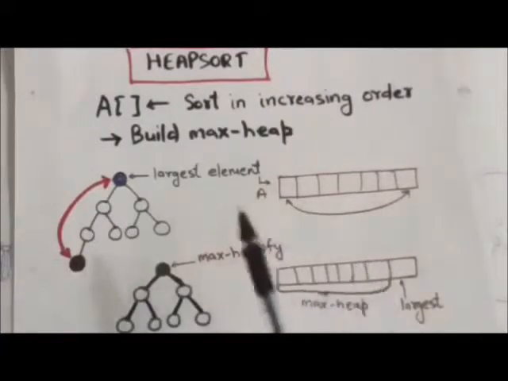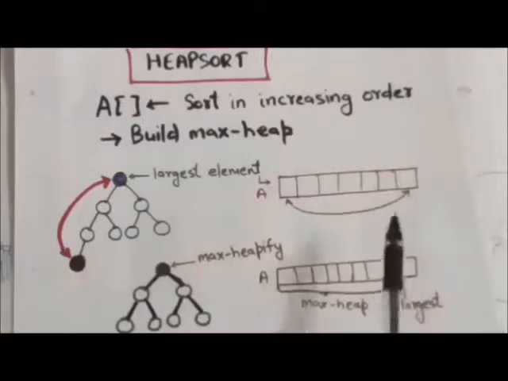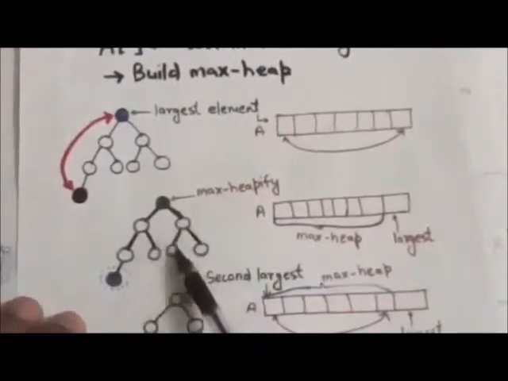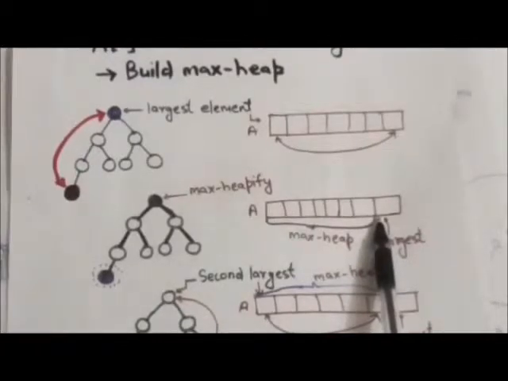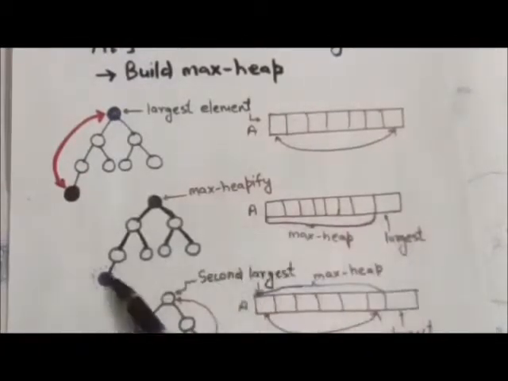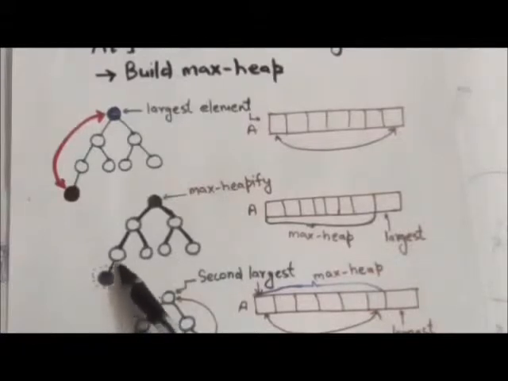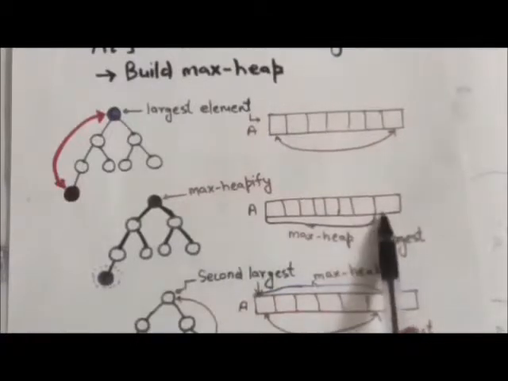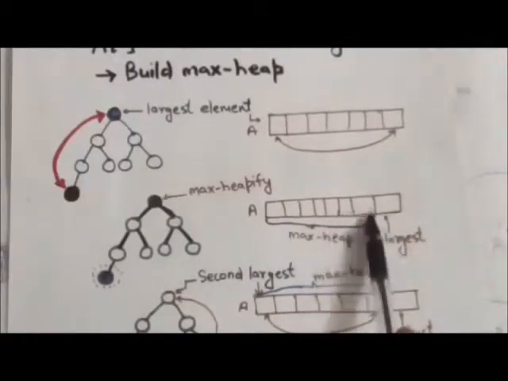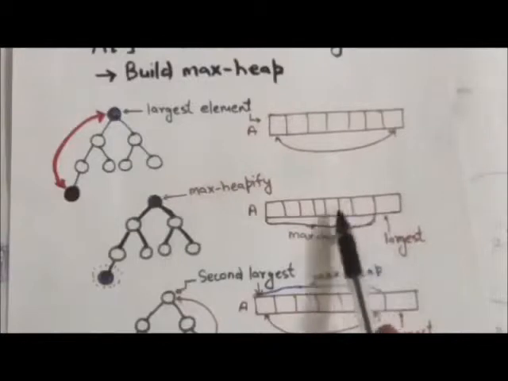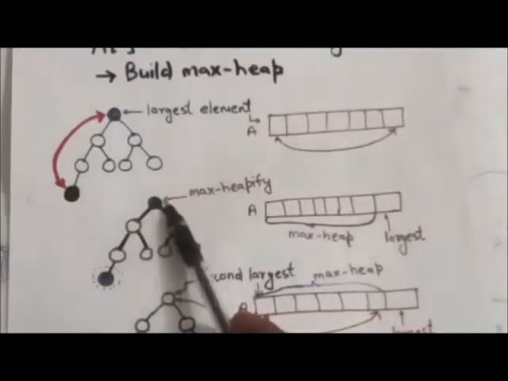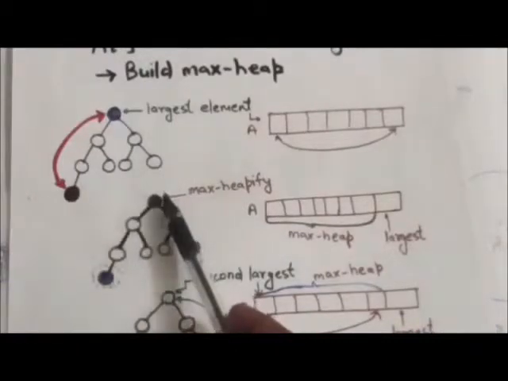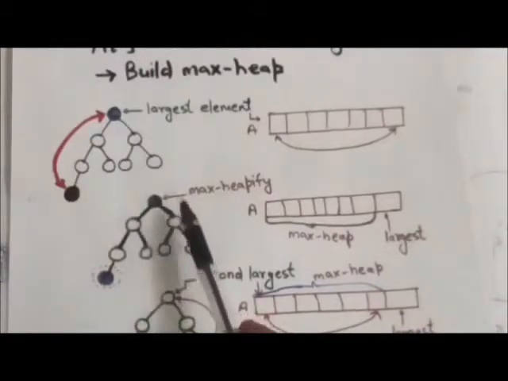Now we will decrease the size of the max heap by 1, so that the last element is not included in the max heap. The last element of array A will remain there, but it will not be included in the max heap. Now, the root of the max heap may violate the max heap property. So we will apply the max heapify algorithm on the root